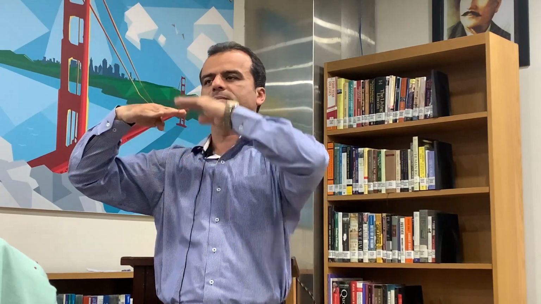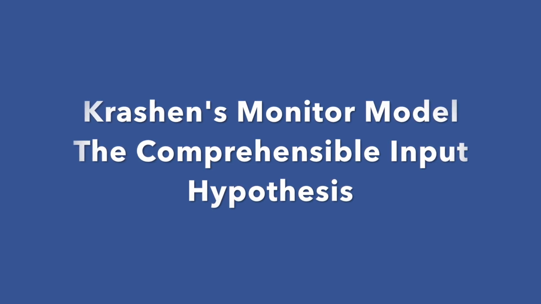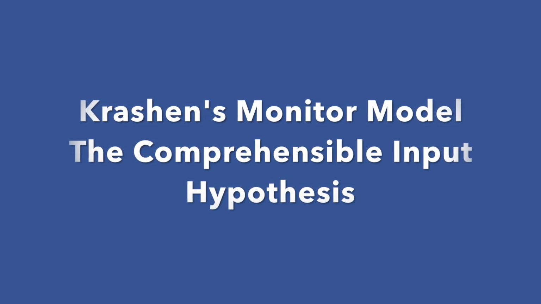Comprehensible input means the language which is slightly more difficult than our current level of understanding. I plus 1. This is what Krashen says, that if we are exposed to language which is slightly more difficult than our current level, then we will learn, and when we learn the next step, that will be our learning stage, and then plus 1. So after following this procedure, I plus 1, then I plus 1, then I plus 1, a learner is able to learn the language. This leads to gradual development of a language, which is known as comprehensible input.